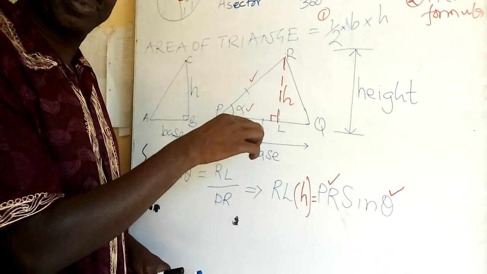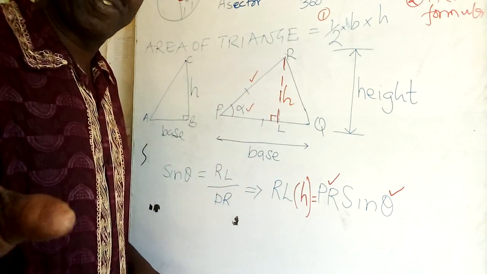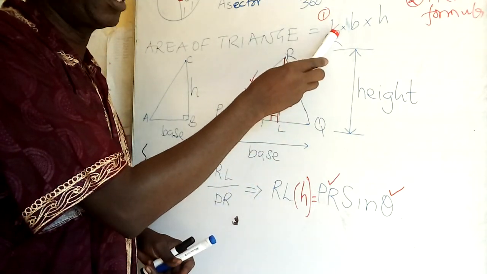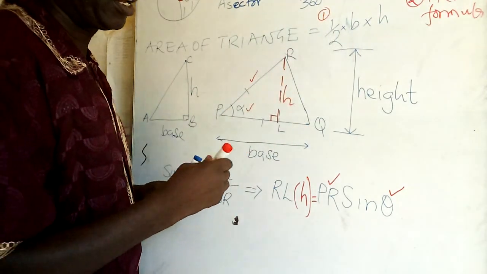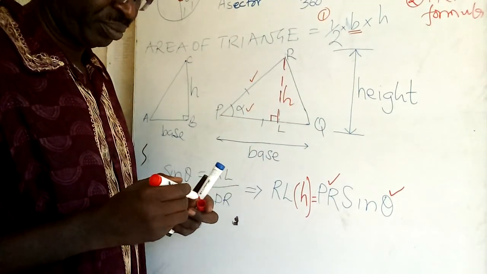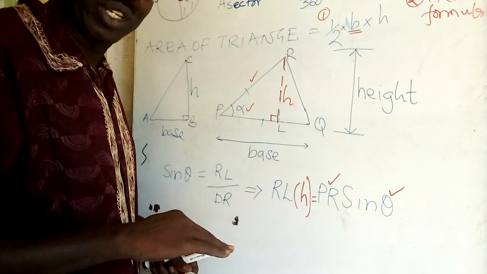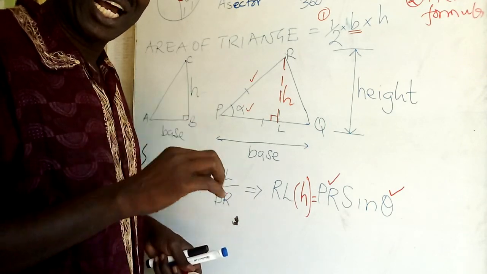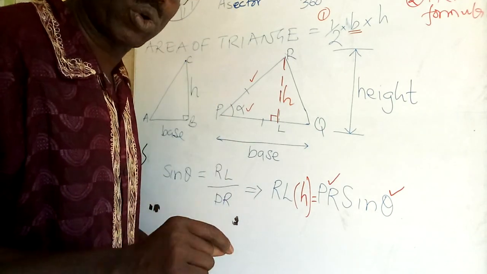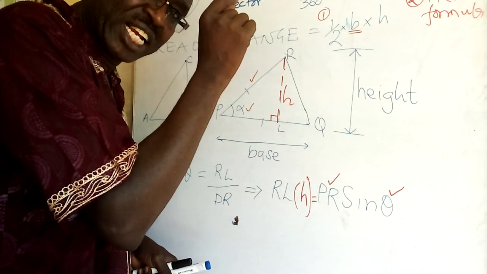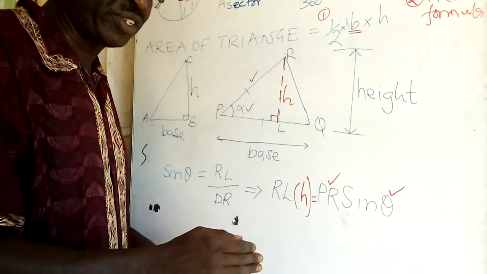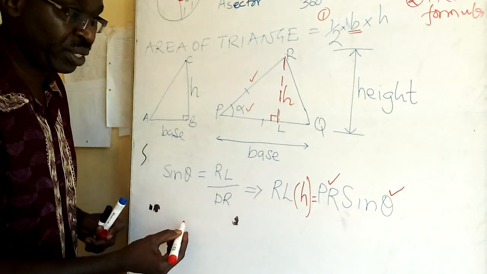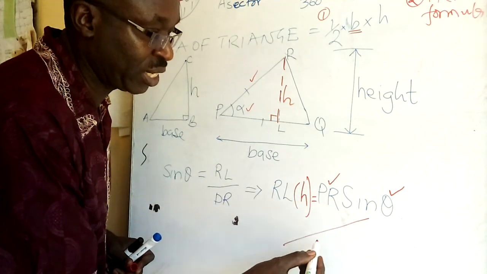Check it from here and understand the definition of the height. We have a half base times height. Base: there are two letters on the base. Always there will be two letters on the base. Then what I need is a vertical distance from the third letter of that triangle to the base. So even if I'm given a triangle like this,